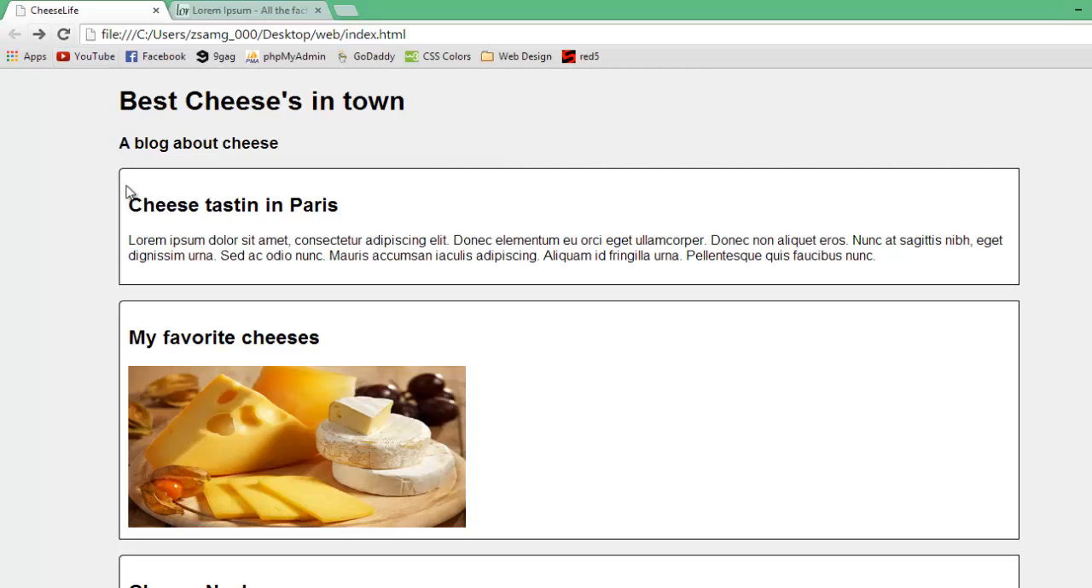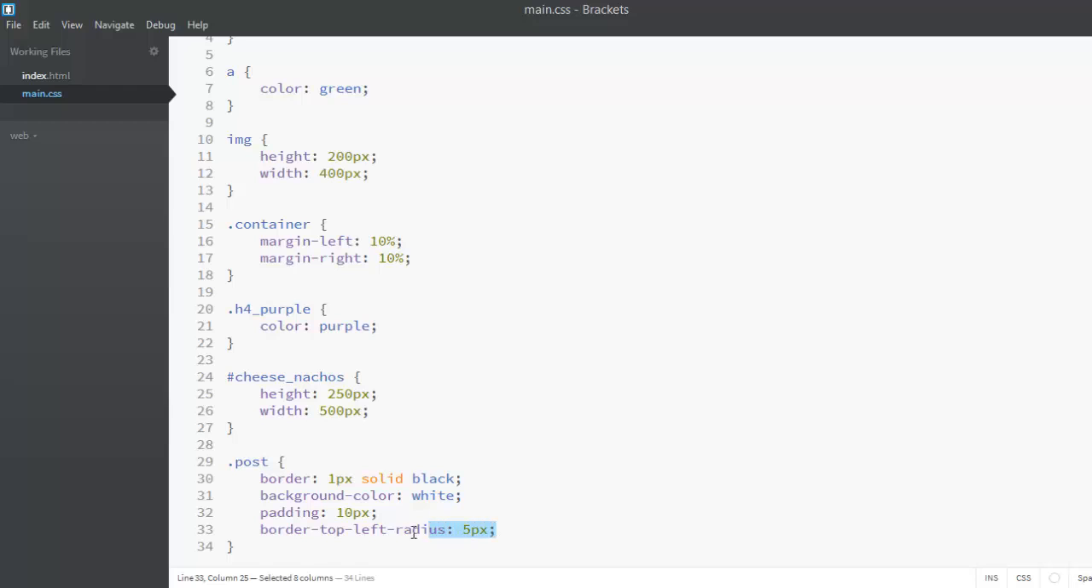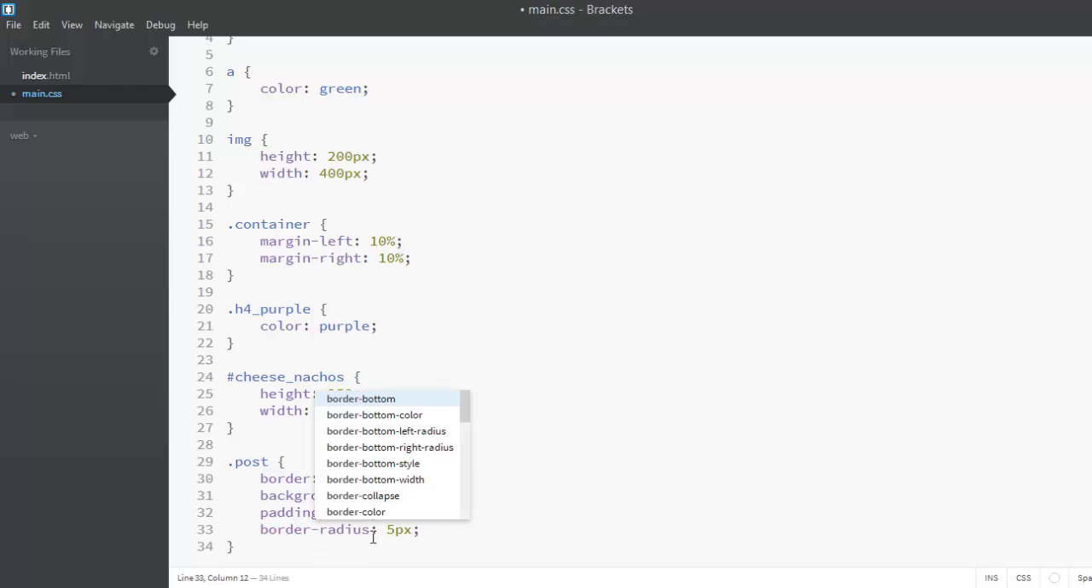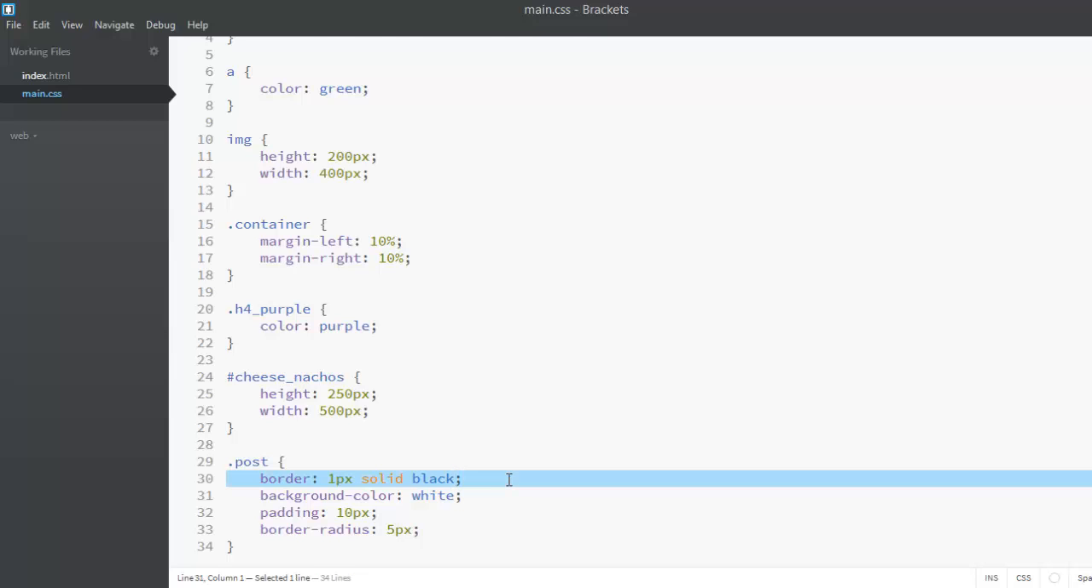You see, now only in the top left there's the radius, but I want everywhere to be a radius. And you could also do top right and bottom left, but I'm gonna make everything have a radius of 5 pixels because I feel like that's a good radius. And alternatively, I can just get rid of the border